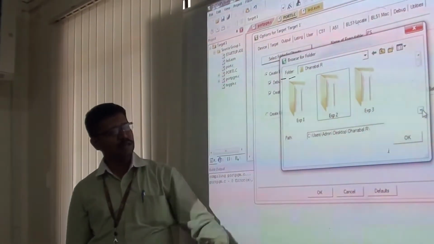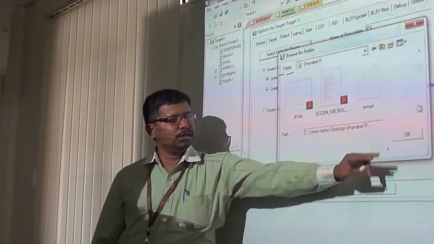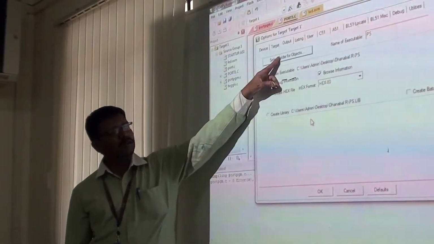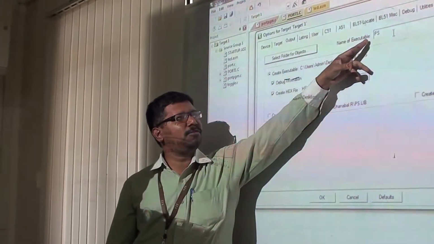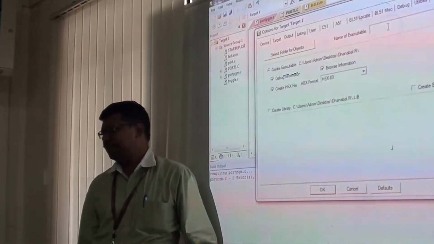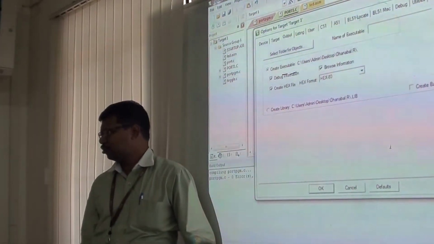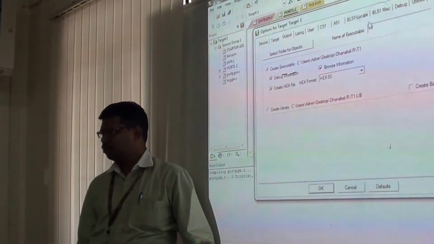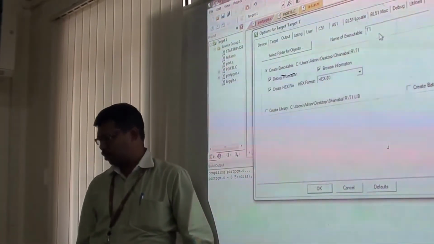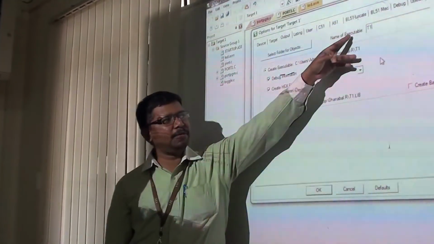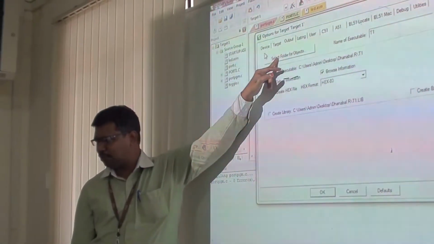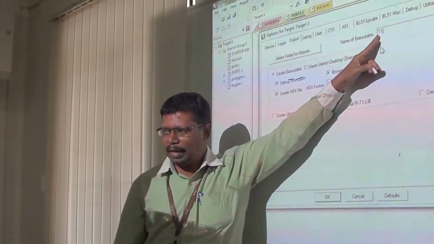So I have assigned the folder, and then I have to assign the executable file name. So executable file name for this is toggling, let us say. So T1 we can have, or your own name. Okay, you can have toggle with your registration number. So you can give toggle with your registration number for ensuring that it is your own program. Okay, so executable file name has to be given. The next step is executable file name. So first you have to find the destination for the executable file, and then you have to provide a suitable name for the executable file.